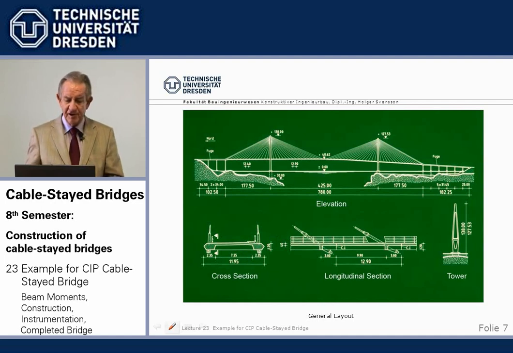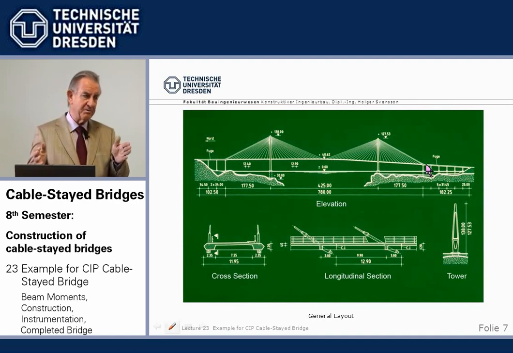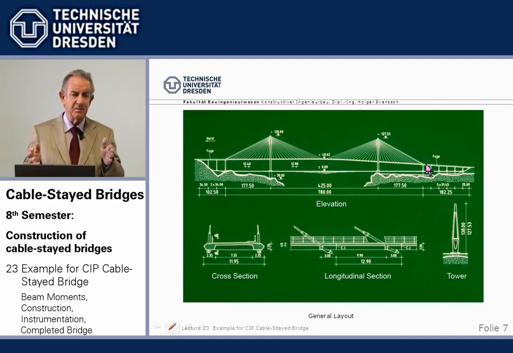So for the traffic requirements, 1/2 lane would have been sufficient. Now you cannot build a bridge with 1/2 lane, so you need at least 2 lanes plus a walkway and pedestrian. So we have a width of 12 meters. And this again, the ratio of main span to width, 425 to 12, is about 1 in 36, which is also very slender and